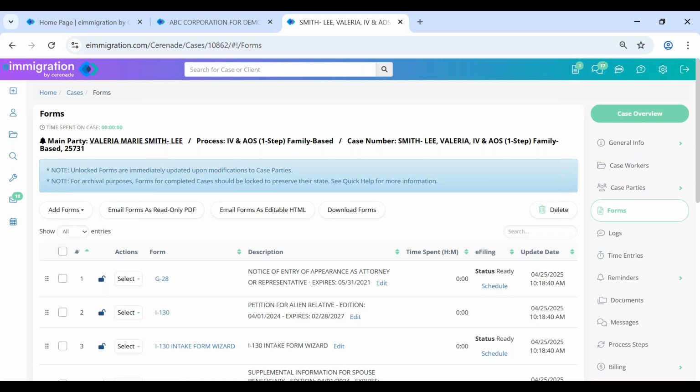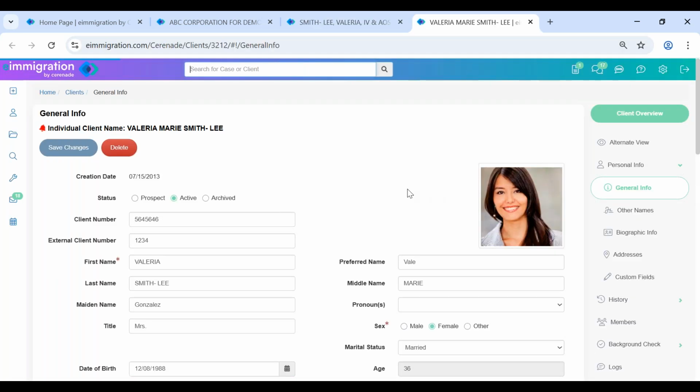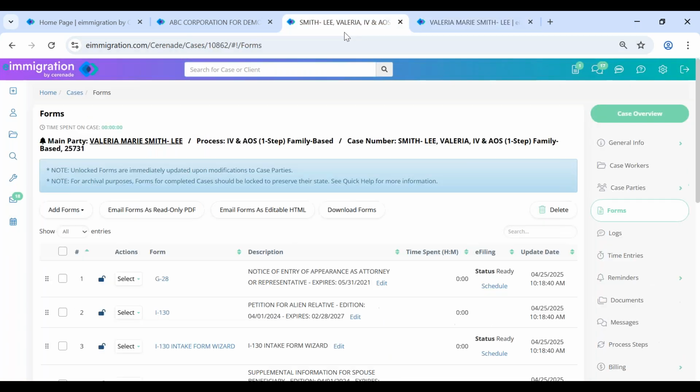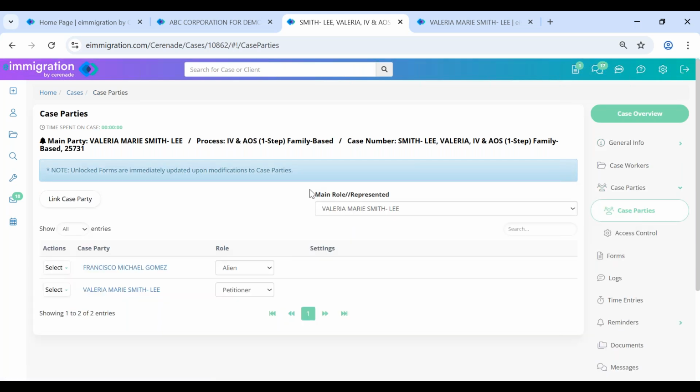Let me close this and open her account. Okay, so now what I did once I created the case, I clicked on the main party link. Why is it the main party? A lot of people ask, well, when you create the case and you select the case parties, the person who's linked here as a main role or who's being represented is